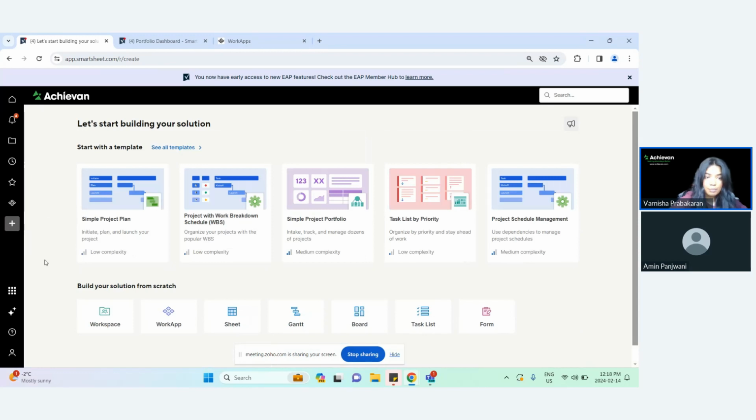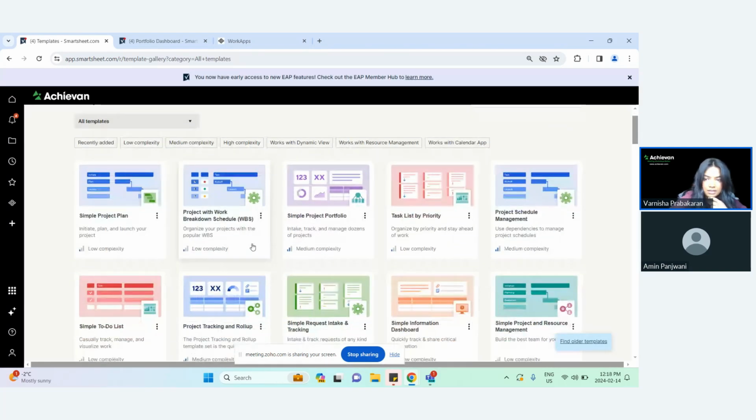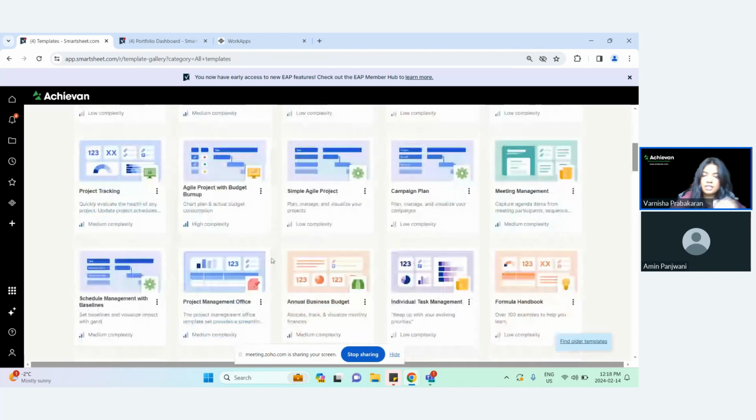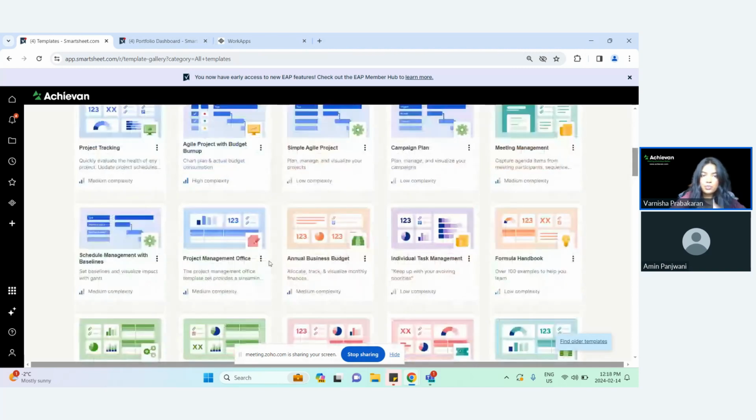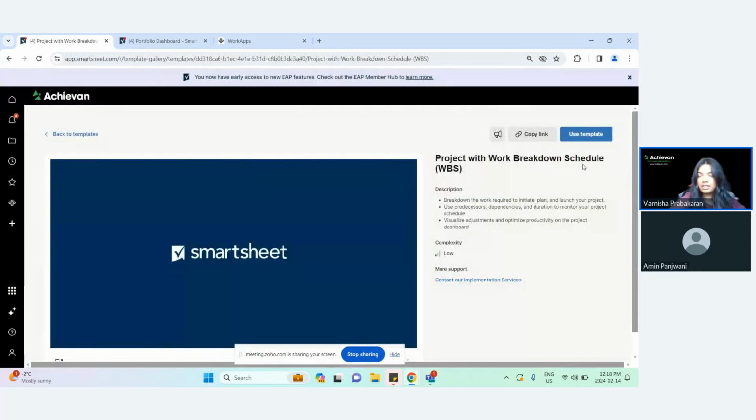So now when I click on plus to create solution, first, I'll be able to explore all of my templates. I click on see all templates. I can see all of the templates that Smartsheet offers me. And just within a click, I can go and use that template. So this is something that Smartsheet had already from before. But the addition to it now